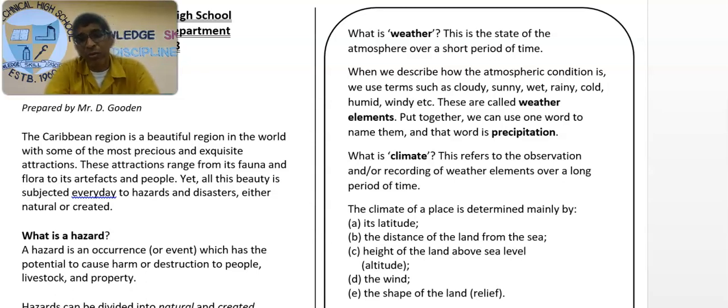Our children generally, and that came out in some activities that were given in class, mix up key terms such as weather and climate. It is important that you do not mix up these concepts, because should you get them in your examination or in an activity, you should be able to differentiate the two. So in front of you on your handout, you have a definition for weather: the state of the atmosphere over a